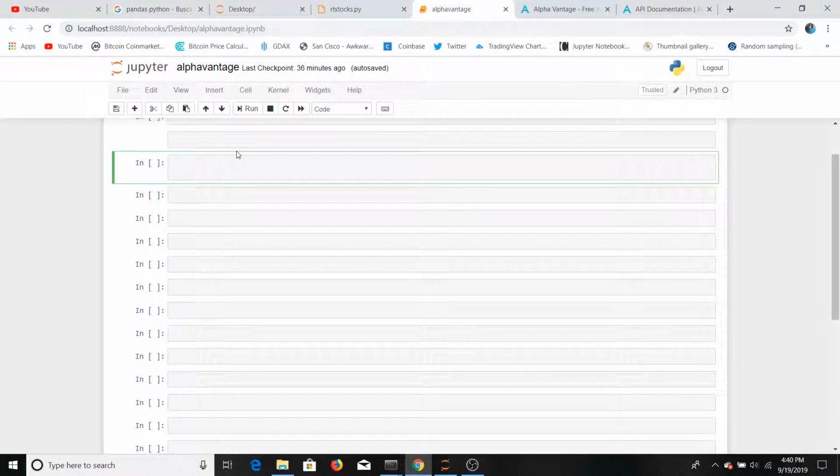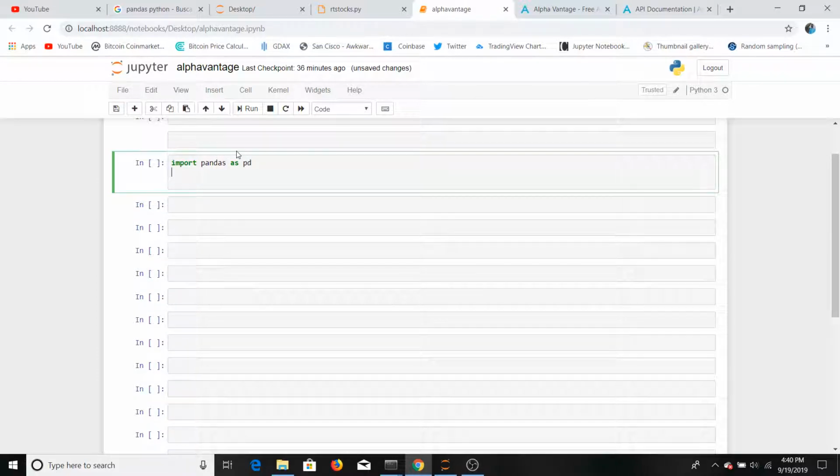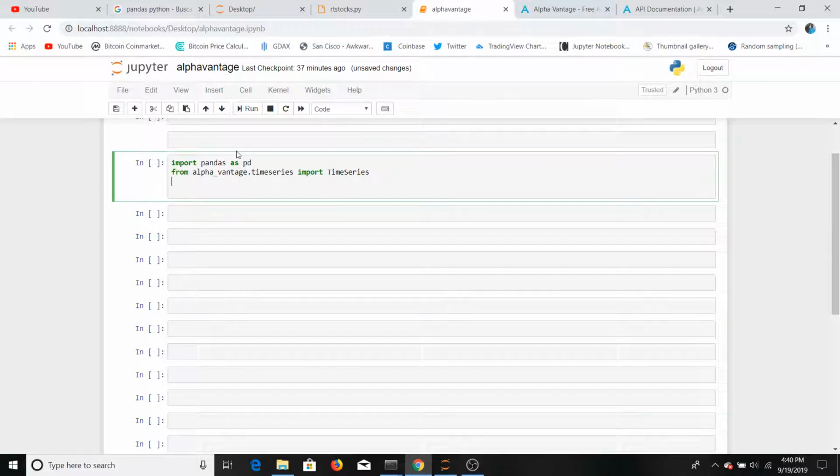So now what we're going to do is import pandas as pd, and from alphavantage.timeseries import TimeSeries. Okay, and the next step is